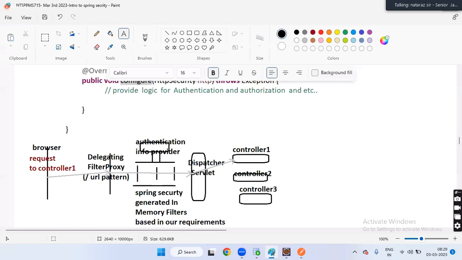Filter means it's the intercepting filter design pattern, right?